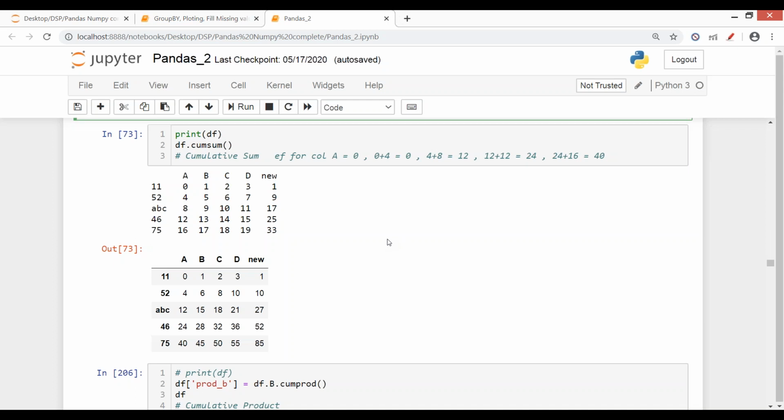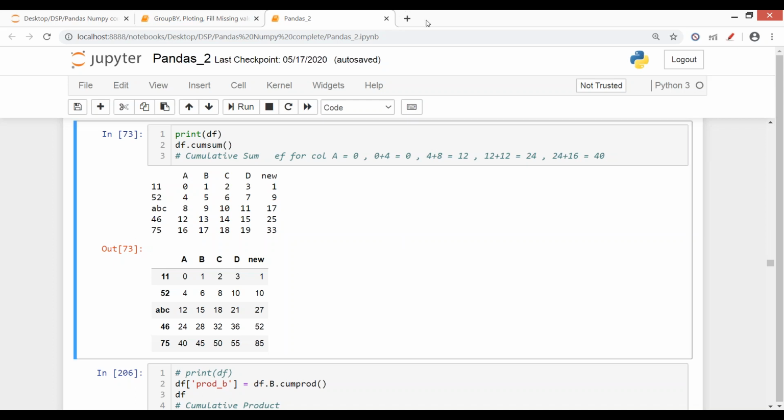Okay, so we did product, and this was cumulative sum, where subsequent values are added to the next value. So 0 is added to 4, then to 8, and that sum is added to 12, and then further 16. That's why you've gotten 4 here. Then 4 plus 8 came out to be 12, and 12 plus 12 came out to be 24, and then 24 plus 16 came out to be 40.